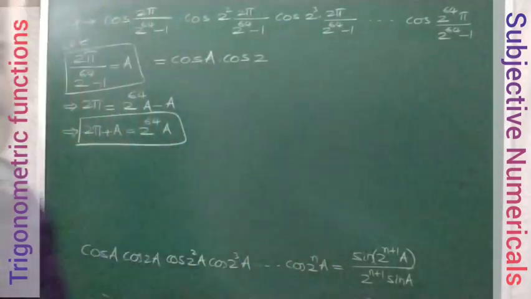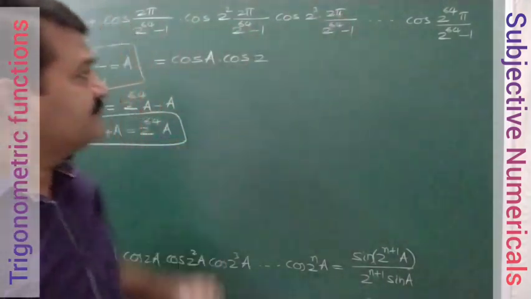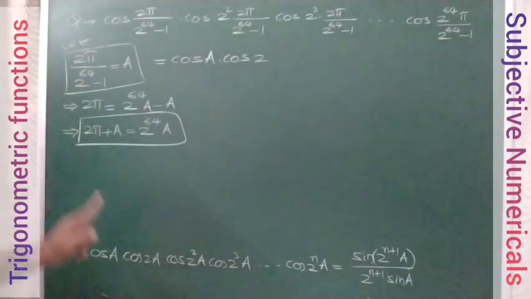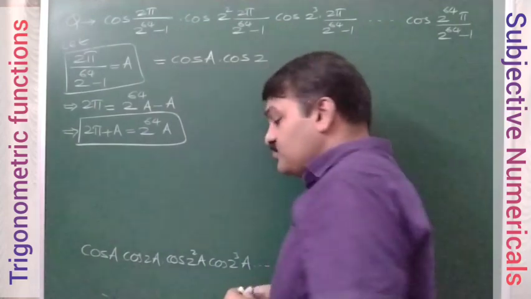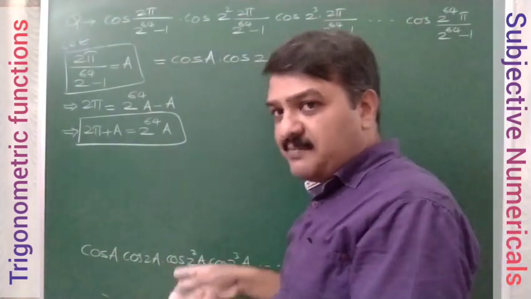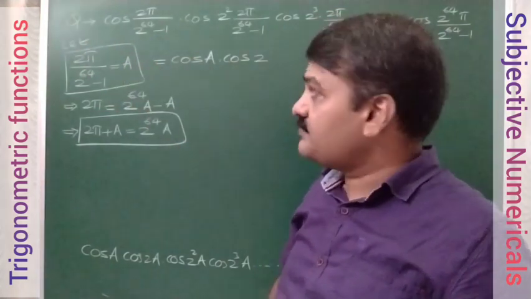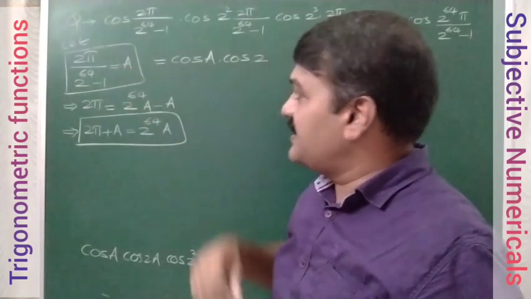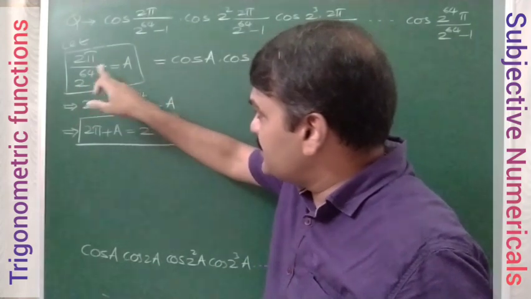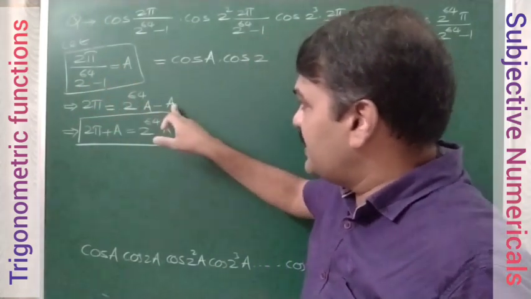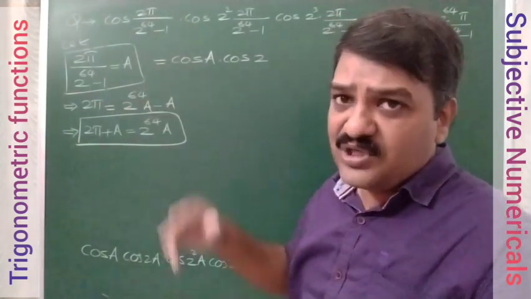So the next problem we have on board now. You can just observe here. This is the question basically. In this question, this is the formula we are going to use. To apply this formula, or to know that this formula is applicable directly, this angle we are taking as A basically. So if you cross multiply this, 2 power 64 into A minus A, you will get like this. So minus A is shifted to this side. So this is one relation which we will actually use afterwards.